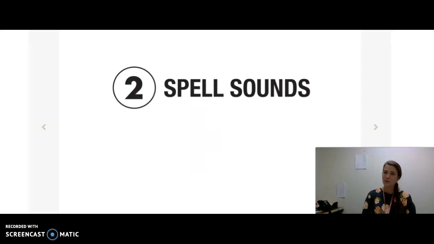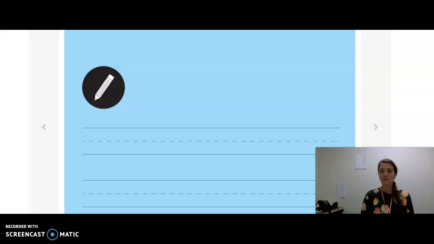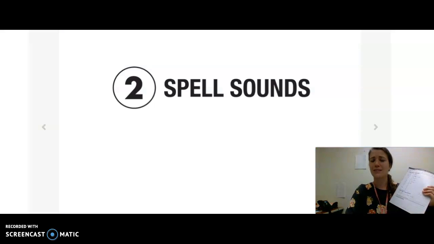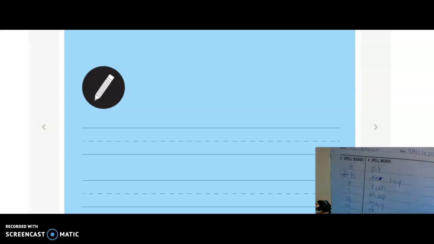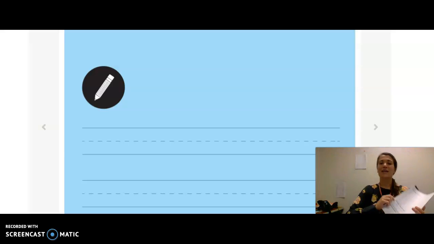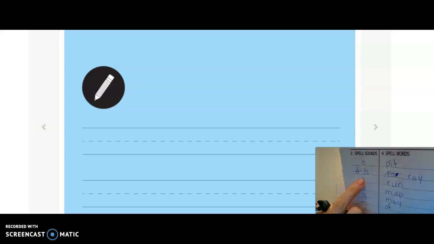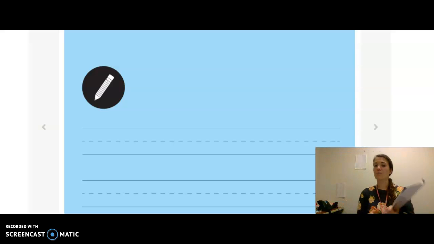All right, awesome job, guys. You rocked it. Now we're on to our second section, which is spell words. For this section, you are going to go to the part that, I'm sorry, this is spell sounds, not spell words. The second section says spell sounds, and this was my example from the other day. You can use pen or pencil, but remember, if you make mistakes, like I did right here, please cross them out and then correct your mistake beside it so that Miss Johnson can see your notebook and see what kind